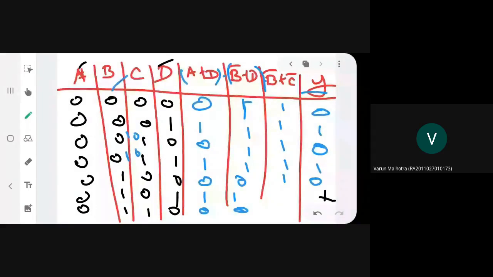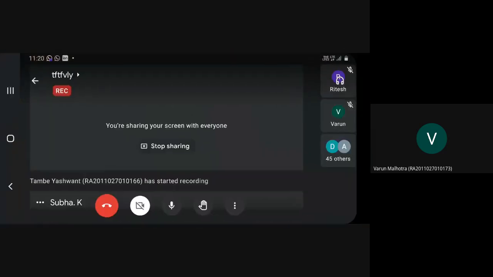Okay, I'll shift to presentation from the other screen. Remember, I won't ask you to proceed with the same problem. I will give you another problem to solve. So understand the concept and do. Same thing you will do for university lab also. It will not be the same problem that I am solving here in class.